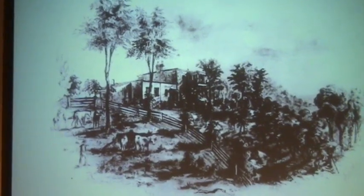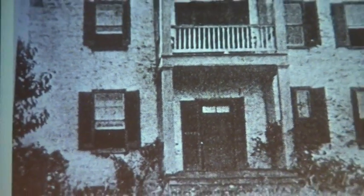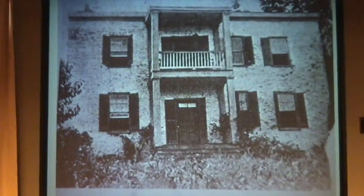There's nothing but rocks left of it now. It's been on fire. There's Federal Hall. This was when it was taken, a picture in 1905,